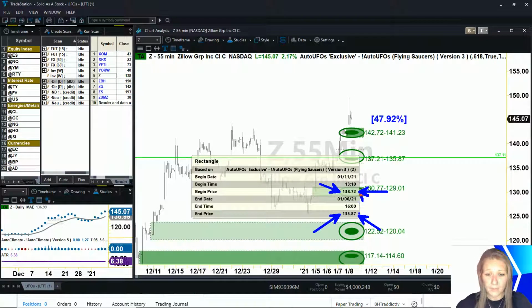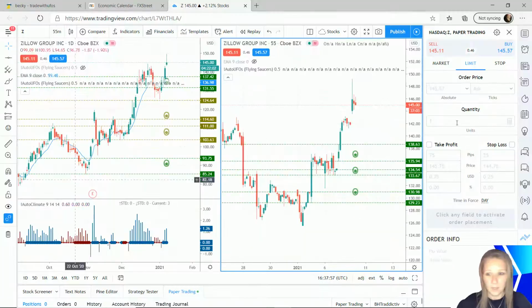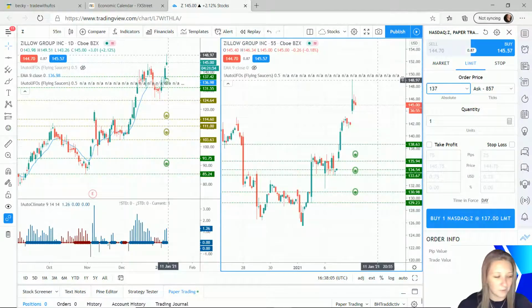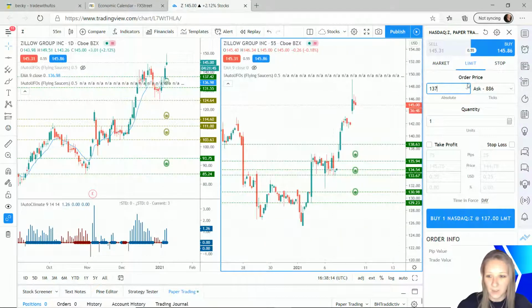So 135.77 is my stop, 138.72 is my entry. So I'm going to come across here to TradingView again, and I'm just going to click in here, buy, and I'm going to say... I've forgotten the number now. It was 138.72. There we go. 138.72, and the stop loss was